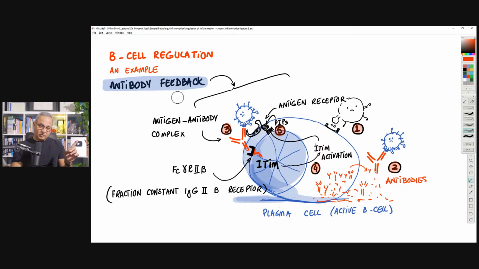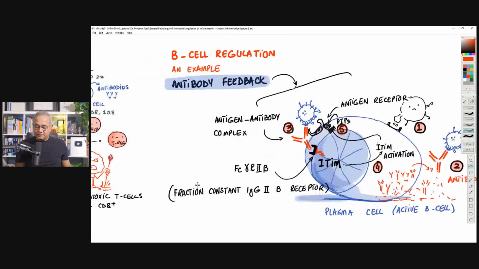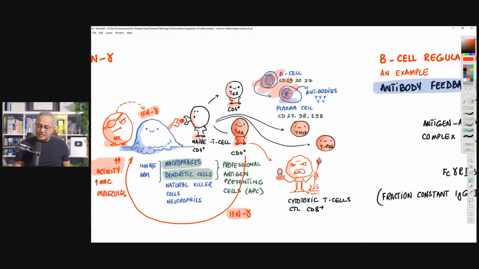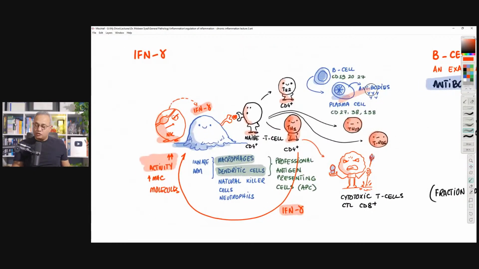Tomorrow we'll talk about T regulatory cells. Today I wanted to give you a taste of what are other mechanisms. So check this one out. B cells. If I go back here for a second, remember these B cells? B cells become active to produce antibodies. That is the humoral arm or humoral part of the acquired arm.